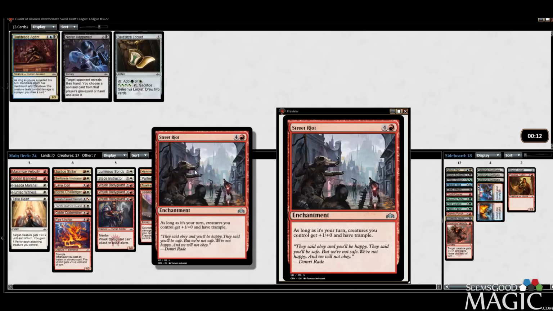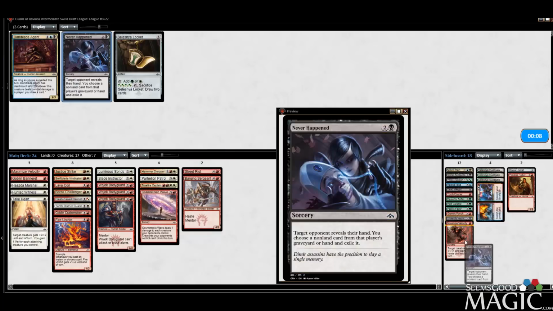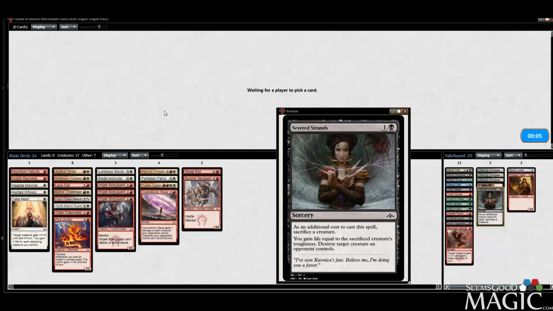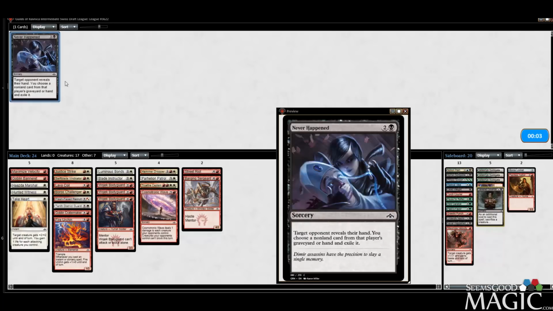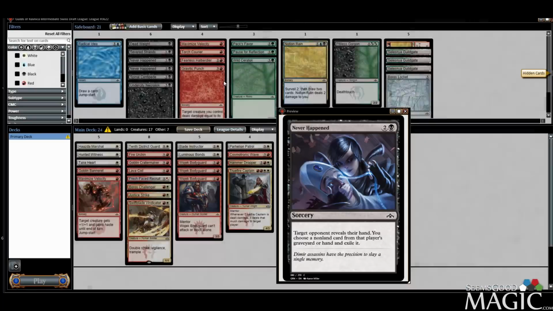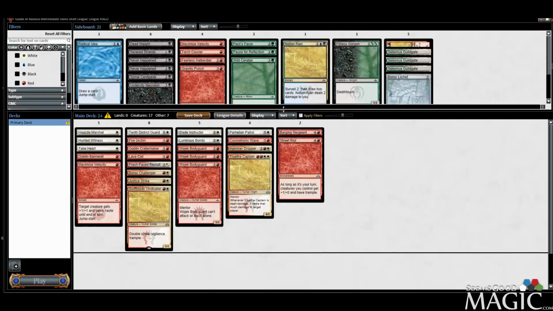Actually, Street Riot's really good with Mentor as well. That's a late Severed Strands. Could have taken the Crawl Swarm too, but whatever. Okay. Some options here. We can try out the...